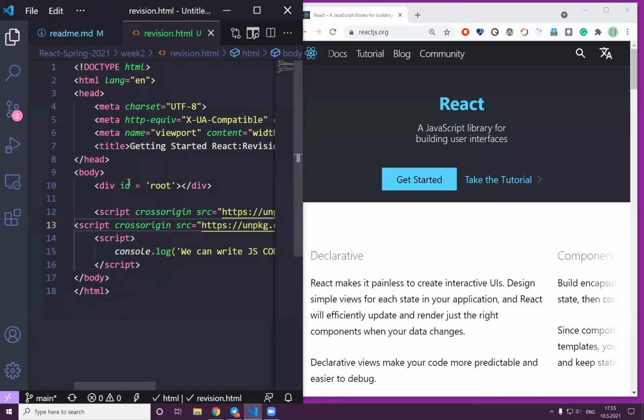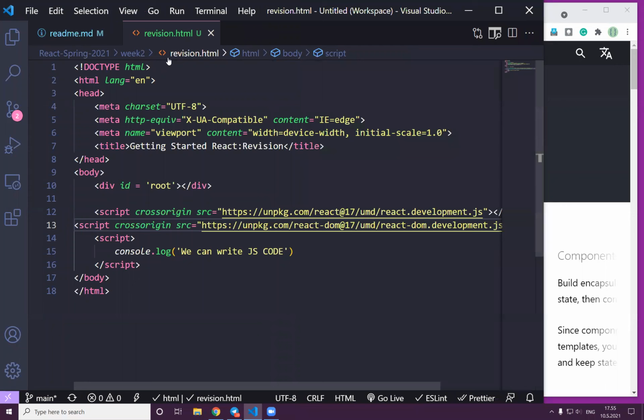So that is going to be an index.html. We usually call it index, but just as a reminder, we'll call it revision.html. And I have this div, and the ID is actually root. So we have to get the React